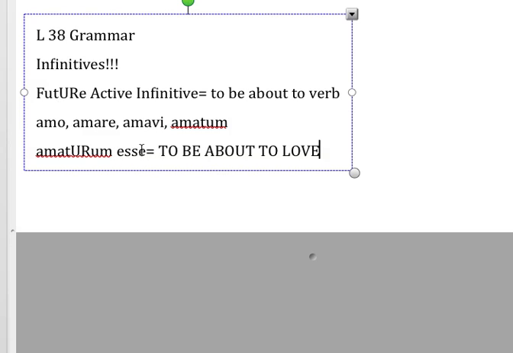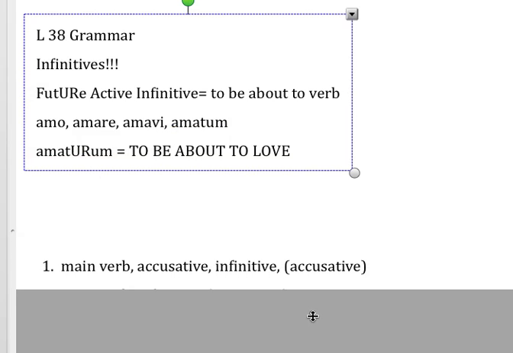Remember the perfect passive infinitives that could live without the esse? You guessed it, the future active infinitive can survive without the esse as well. So sometimes it will just be amaturum, no esse, and it'll mean to be about to love. Okay, that's really all there is in terms of new forms and major new concepts. But before I leave you, I want to remind you of something I showed you earlier